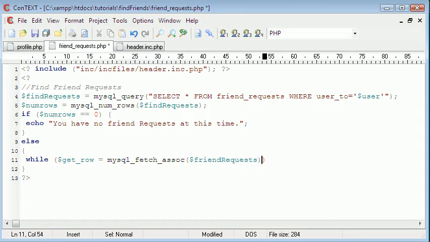So it's going to fetch any friend requests we have in the database if numRows is more than 0. So if we have friend requests, it'll find them, and we just create a variable called ID, which is the ID of the friend request, which is equal to get row ID,